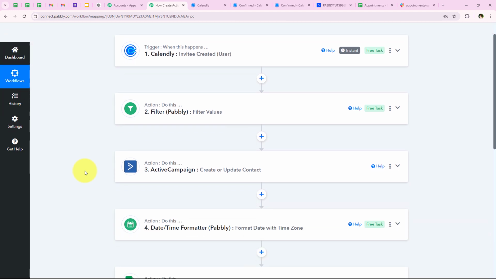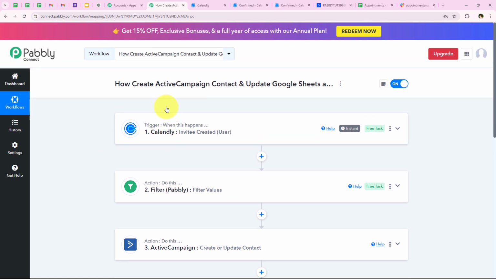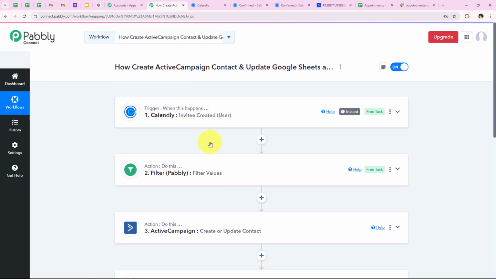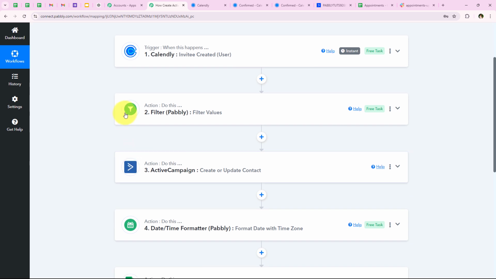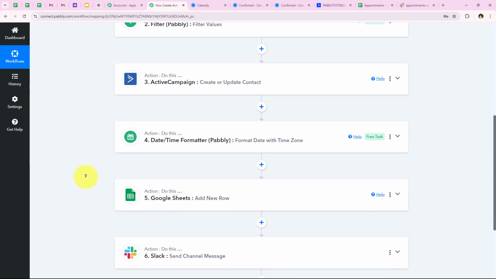So now I'll just summarize this workflow for you once. For the trigger application, we selected Calendly. For the trigger event, we selected invitee created. For the action applications, we selected filter, ActiveCampaign, date time formatter, Google Sheets, and Slack, because I wanted that as